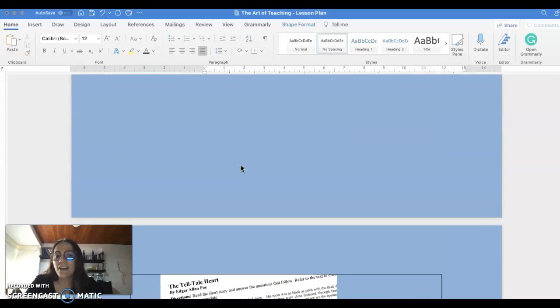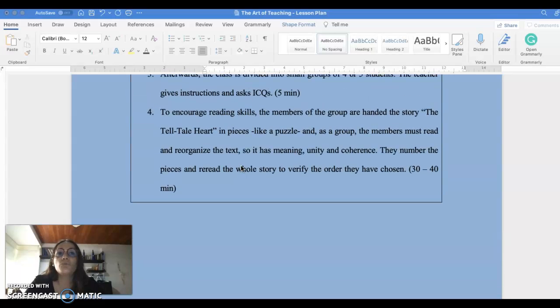The idea is that they have this puzzle and they need to read the paragraphs to see what the order or the sequence in the story is. They must organize it so it has meaning, unity, and coherence, and this will take them from 30 to 40